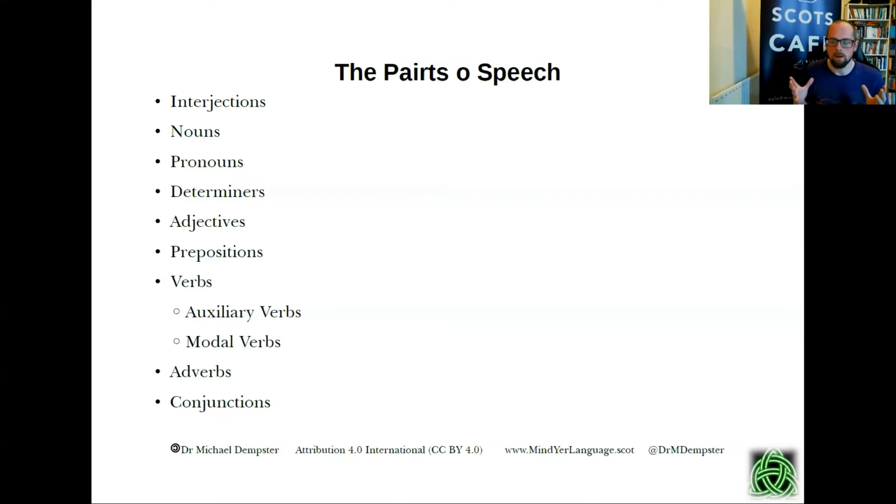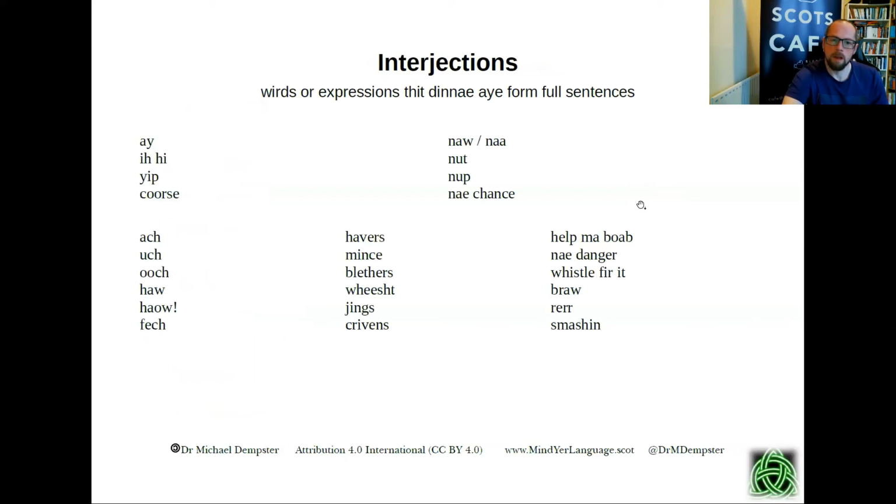it'll give you the ideas that allow you to understand your own language, Scots, and we'll be looking at it for Scots. Now, a lot of this we understand just intuitively as speakers of the language, but we didn't often learn about it formally, so you'll understand what's going on as we go through. So we'll start off with the interjections, and as I said,